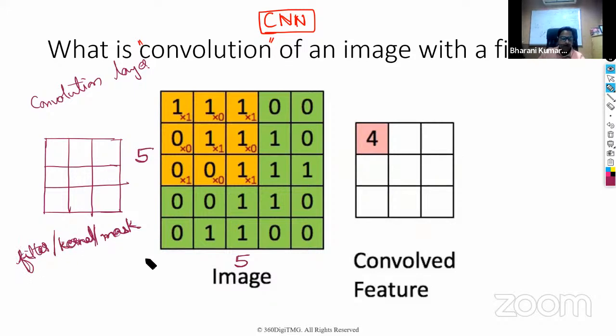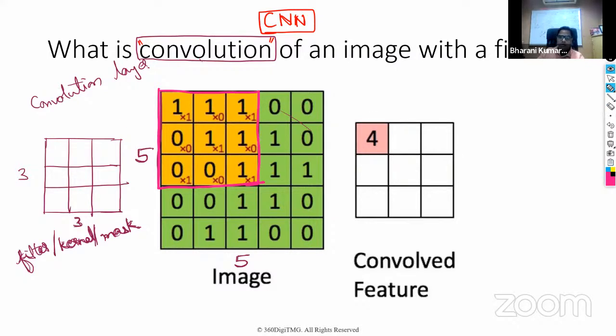And in this filter or kernel or mask, say you're taking 3 by 3. You can take any size, 3 by 3, 4 by 4. Of course, it should not be more than the size of your image. So you have your image, you have your filter. When I apply this filter, that application is called convolution. When you convolve this filter on this image, obviously you apply this on this patch first. On this patch. When you apply on this patch,